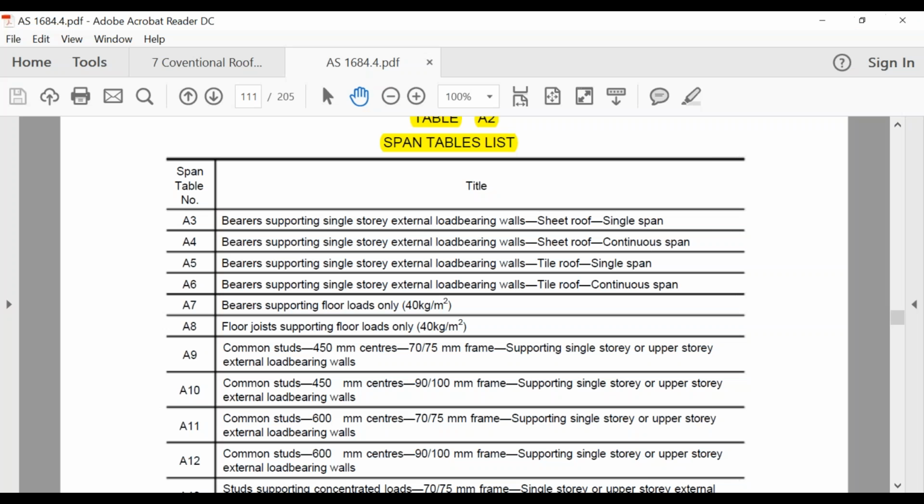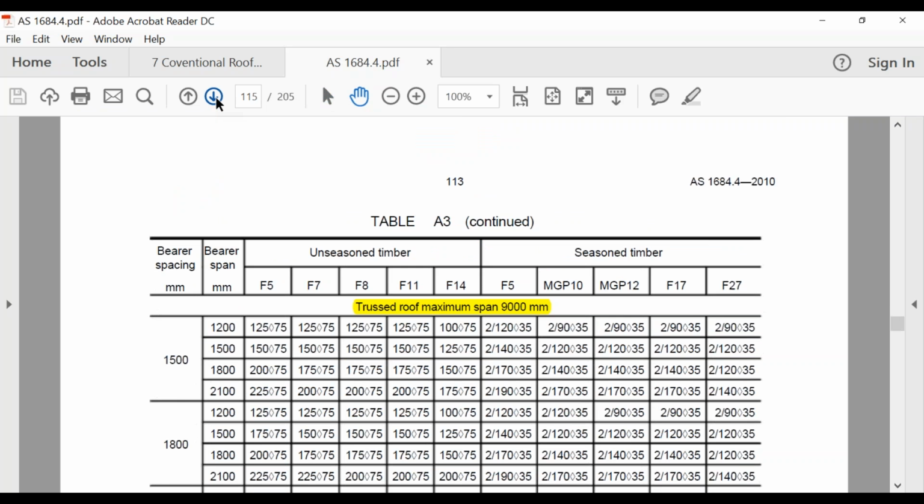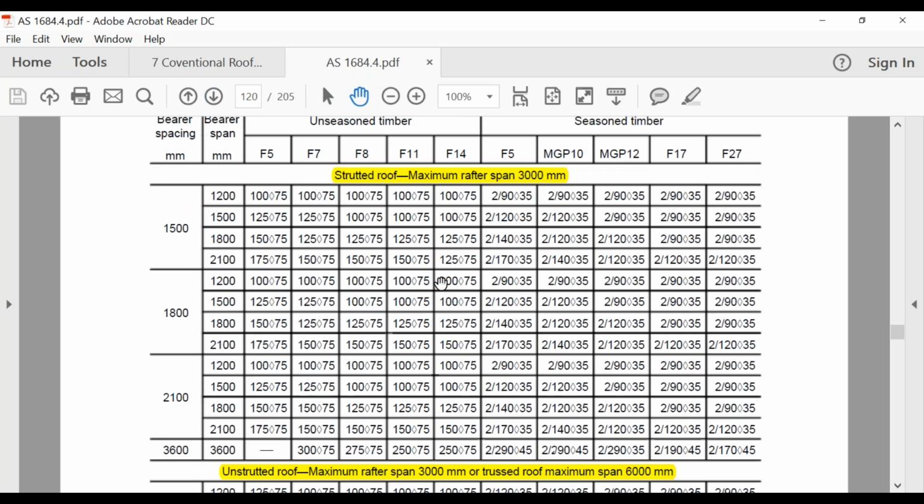So therefore, with that Australian standard, I'm going to have to go bearers supporting single-story external load-bearing walls with a tiled roof and a continuous span. So this time we're going to table A6. So I'll go down to table A6, and because it's got a strutted roof on it,